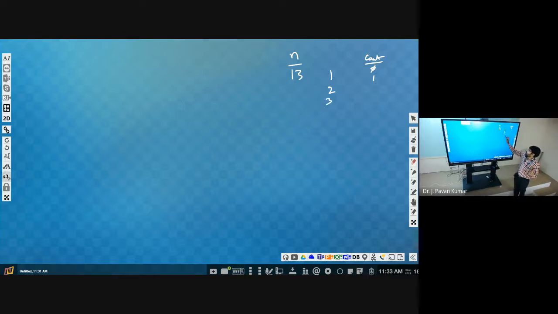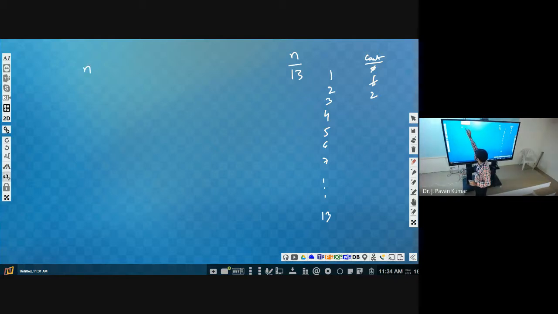Next, this will become 3. We will divide with 3. We will divide with 4. It is not divisible. 5, 6, 7, like this up to 13. 13 is divisible by 13. So the number of factors will be incremented by 1, so it will become 2. So now how many factors are we having? 2 factors. Whenever we have 2 factors for the given number, then we can say that number is a prime number. So how can we write the program for this?